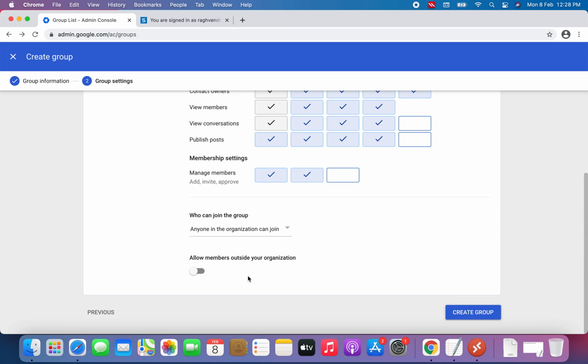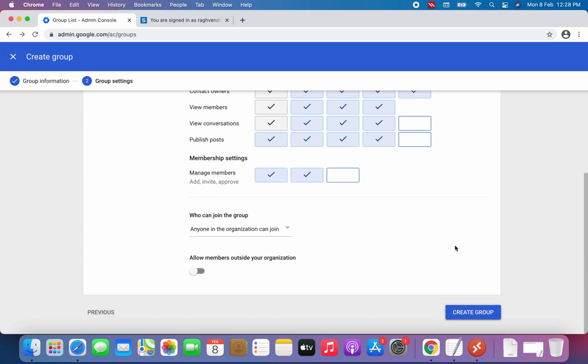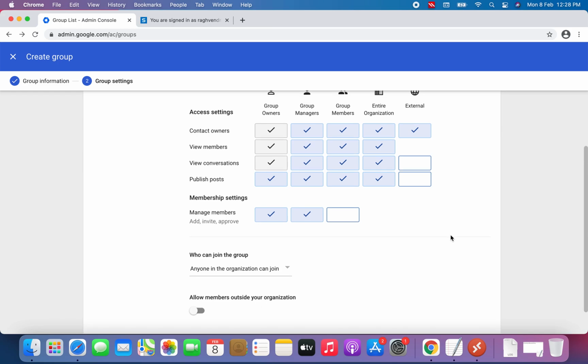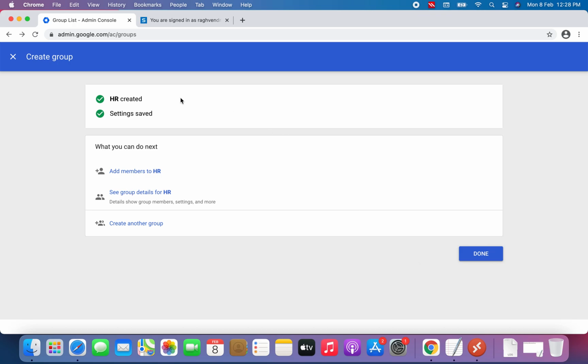If you allow it, you can allow people outside your domain to be part of this HR group. So let's keep the default settings and create the group. As you can see, the group HR is being created, settings saved.